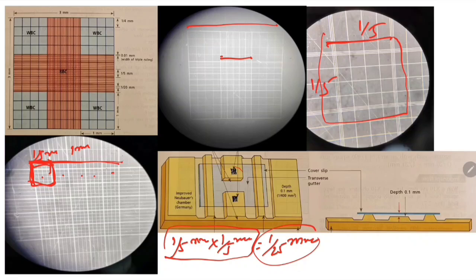But during the RBC count we are going to consider 1 2 3 4 and 5 area. So the total area we are going to count is in case of RBC, not WBC. In case of RBC we are going to count these 5 areas. So one box area is 1 by 25 millimeter. So 5 box area will be 1 by